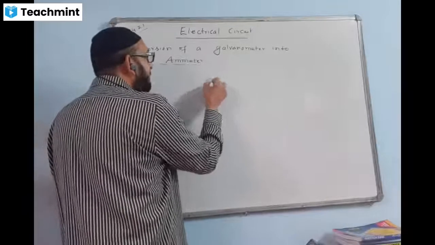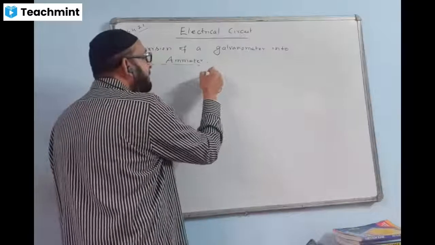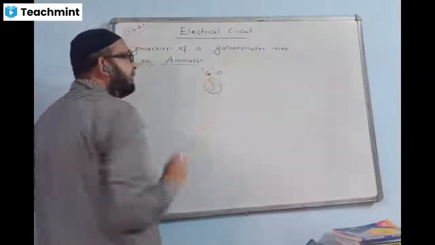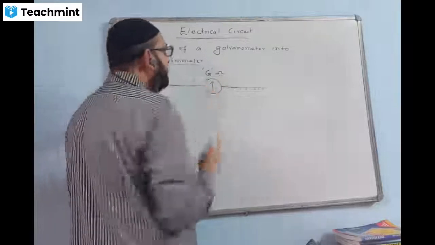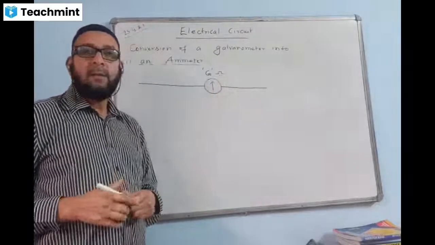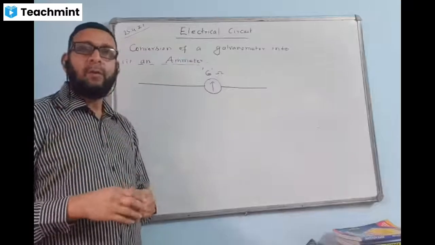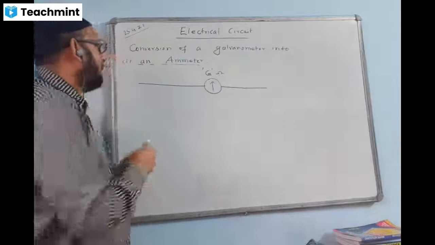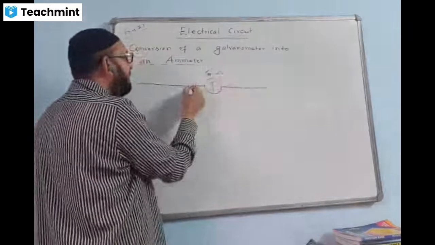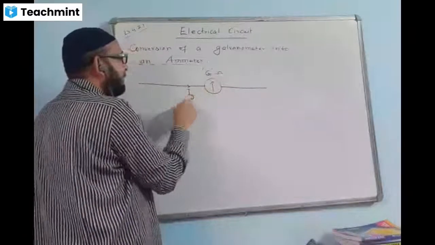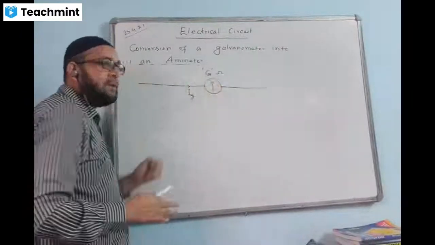We have a galvanometer here with the pointer at 0, and let us suppose the resistance of the galvanometer is G ohms. This is the initial resistance. What kind of value does this G have? G has a low value of resistance, maybe 5 ohm, 10 ohm, but not very low. This galvanometer gives full scale deflection, meaning maximum deflection, with a current, say Ig. The maximum current through the galvanometer is Ig. It is the full scale deflection it shows.